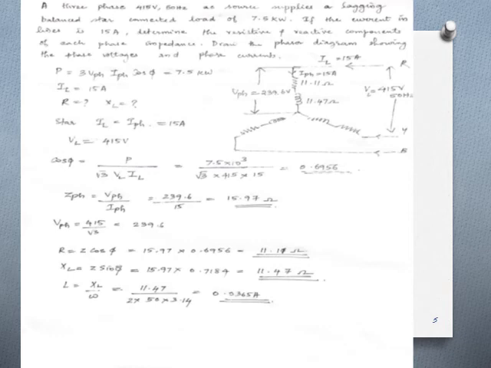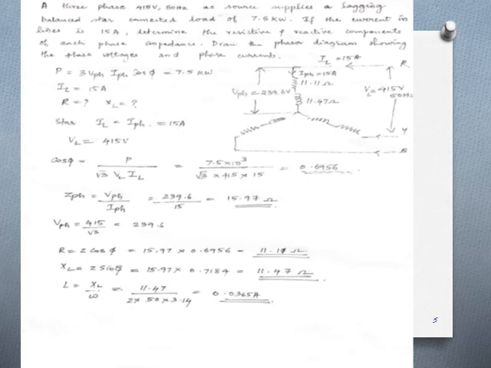Right? So, first you can find the power factor from the power equation. Power is equal to 3 times V phase I phase cos phi. So, cos phi you can find as power divided by root 3 times VL IL, or 3 times V phase I phase. Both are the same. So, power is 7.5 raised to 3 divided by root 3 into the line voltage, which is given in the question as 415 volt, and the line current is also given in the question, 15. So we get the cos phi or power factor as 0.6956.